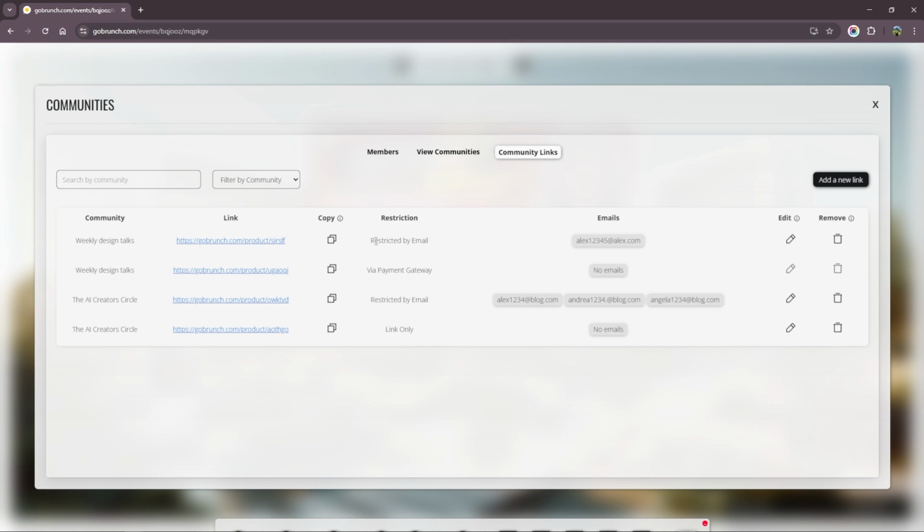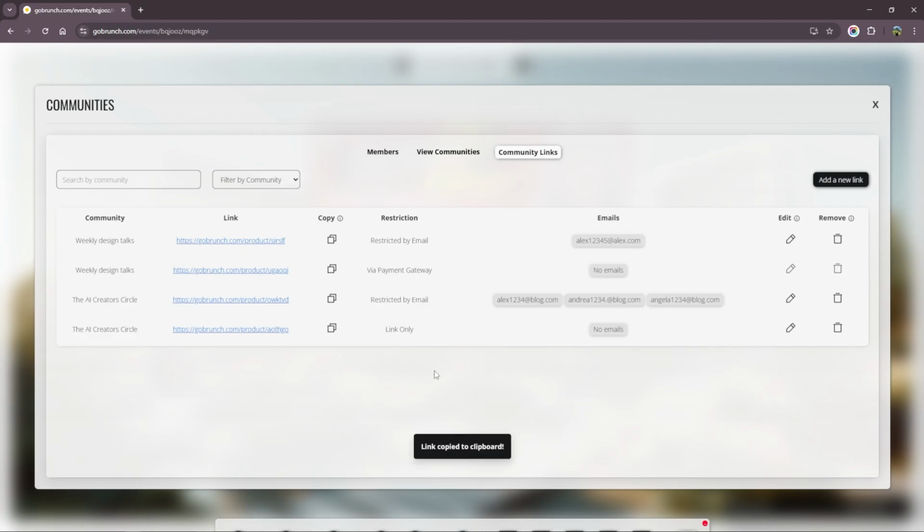They just can enter their email and they will join the community. This is something really cool because if there are some members that you don't want to pay to join your community, you can do it in this way. Perfect, now I want to show you the member experience when they enter a community that you create with Stripe. So let's check it out together.